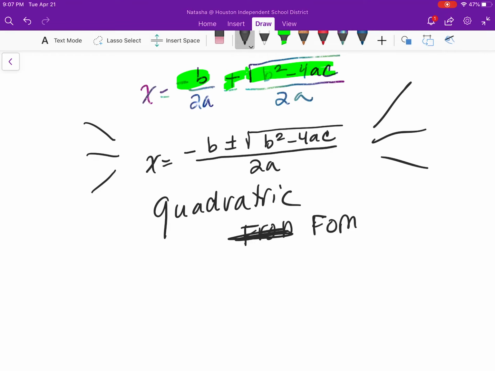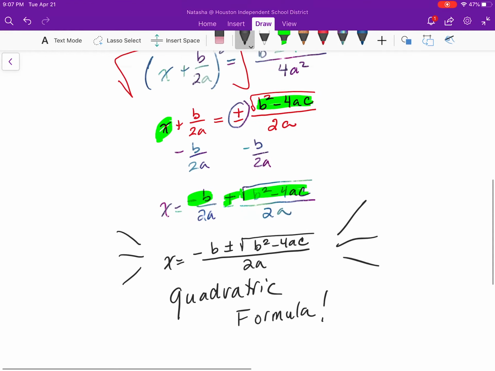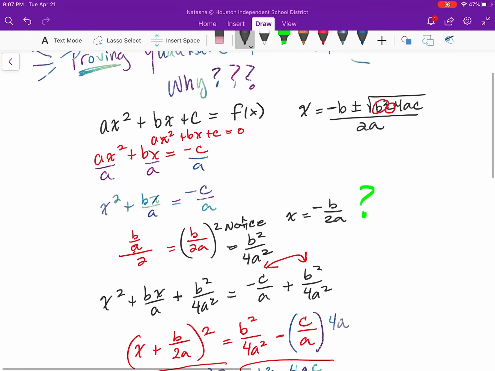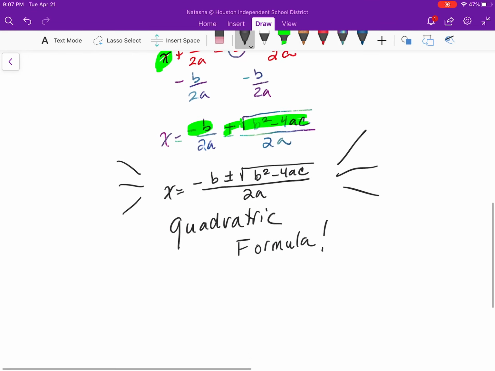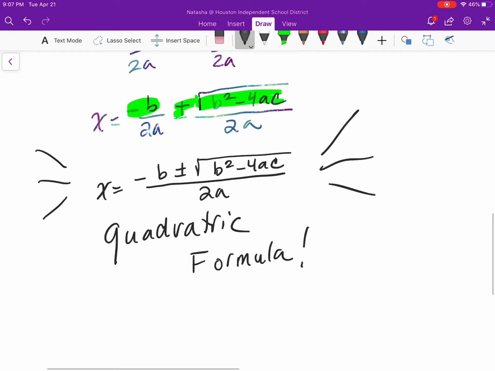Woohoo! We did it. Yes, we have the quadratic formula. We proved it. And I'm spelling that wrong. I'm making this video look gorgeous and then I mess it all up at the end. Okay, let me make it look pretty. So formula. There we go. Now I can spell. We have proved